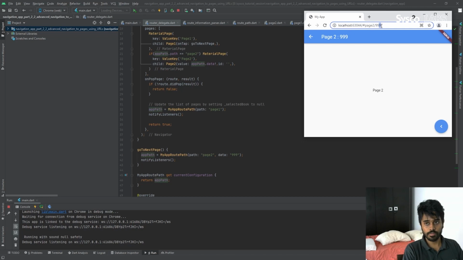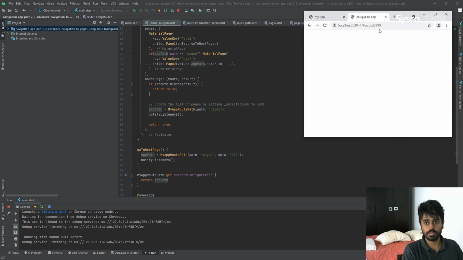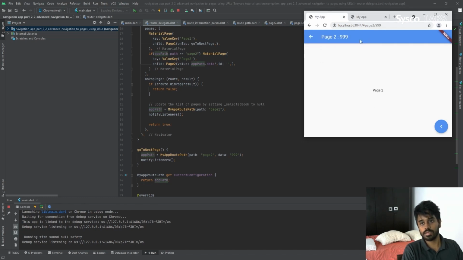Now also, if you change this value 99, it will get changed here. Now if you copy this URL, for example, let me say when we were at page 1, we want to go to page 2, and when we share this URL, that user also should be able to go to page 1. Let me go to that 999 URL. Now you can see this back button is also automatically generated. That is because there is a route to go back. So when you press back, you will go to page 1. Here also page 1. So now both of these applications are in the same state.